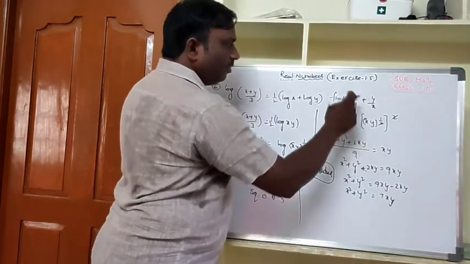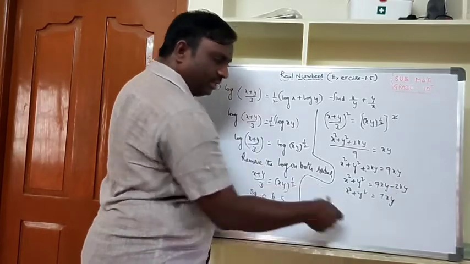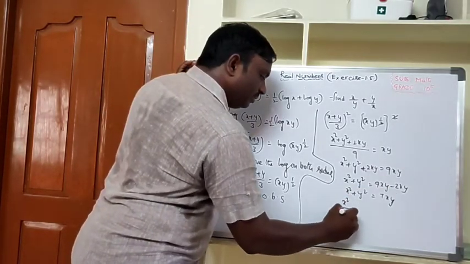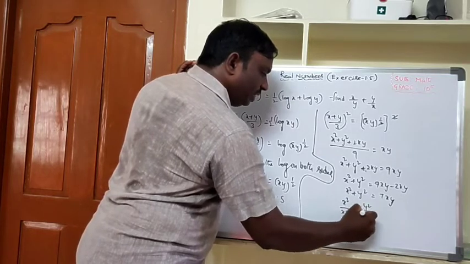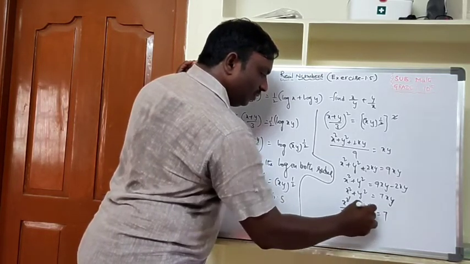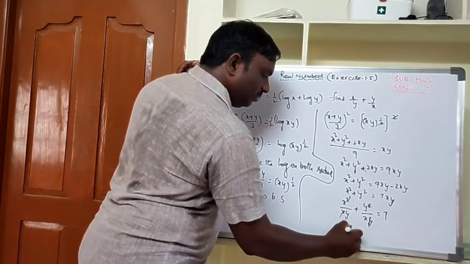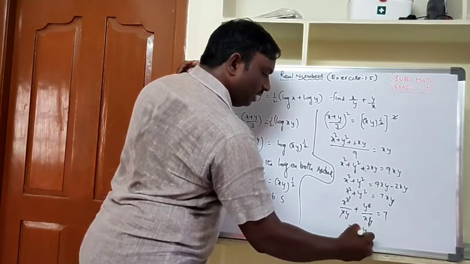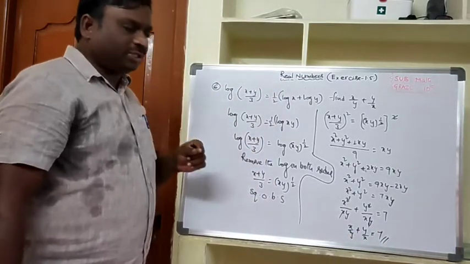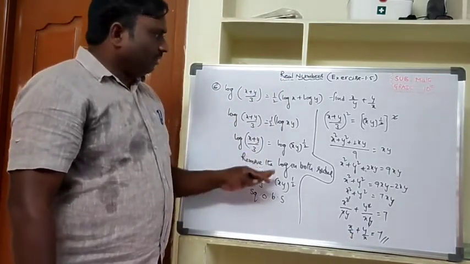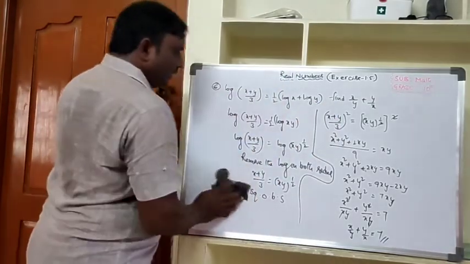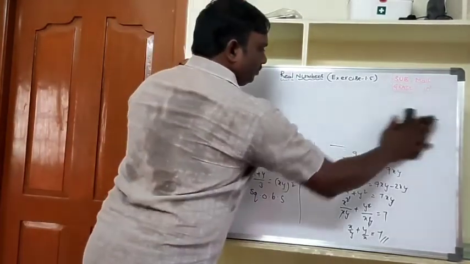But it is not in the form of x by y plus y by x. Divide by xy. Here it is multiplying, when you take it to this side, it will divide. x square by xy plus y square by xy equals 7. x cancels, y cancels. Then you get x by y plus y by x equals 7. So the value of x by y plus y by x equals 7. This is the way to find the value of x by y and y by x. This is one of the important questions. And the seventh question.